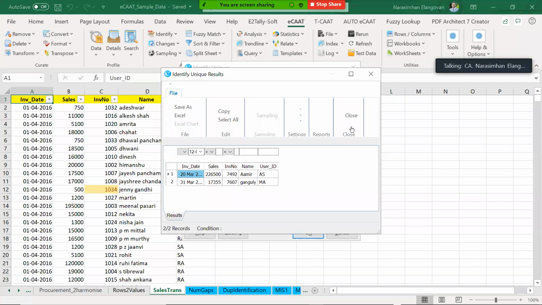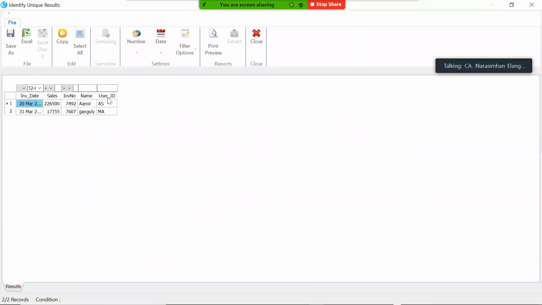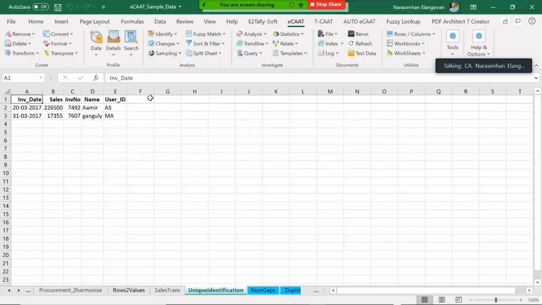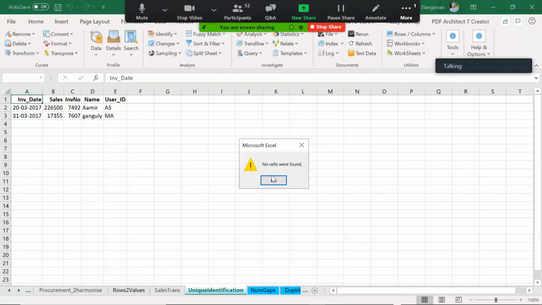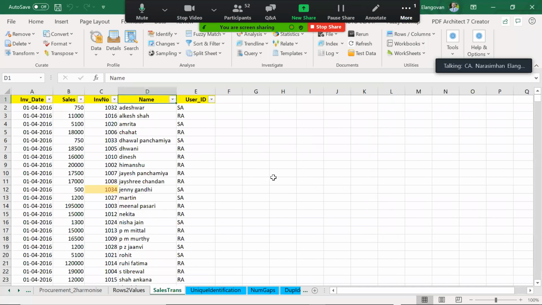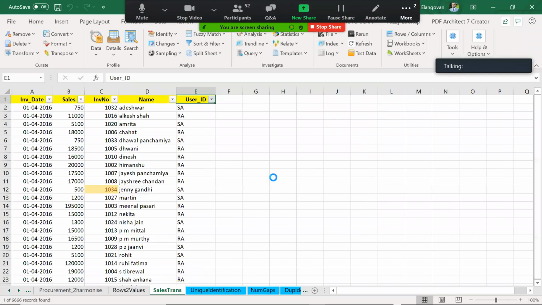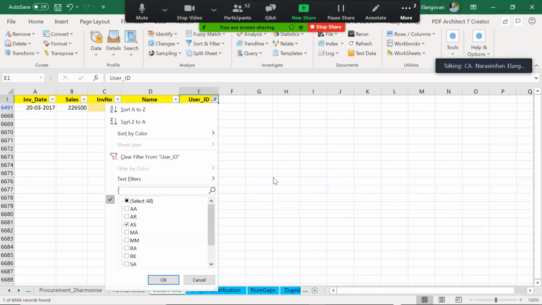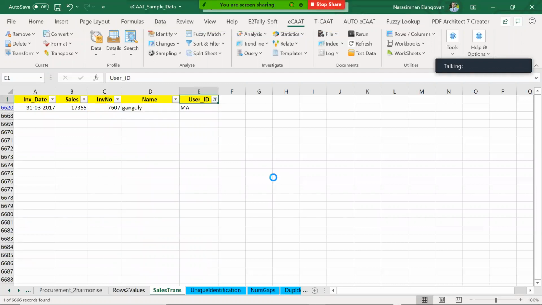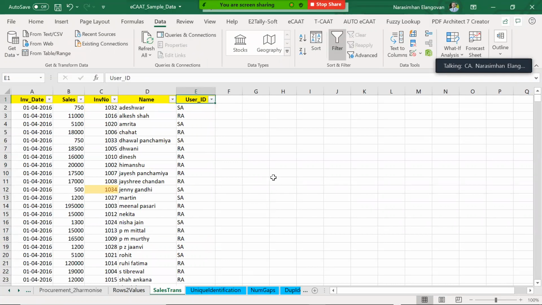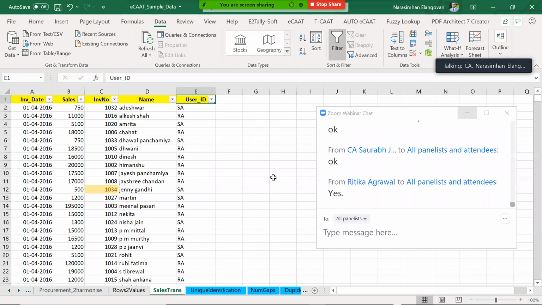What it gives me is, these user IDs AS and MA are typically only once. It is not being used more than once. Are you getting it? They're not being used more than once. So they are unique. So I can just go filter here. I have AS and MA. Correct? So AS, there's only one transaction with AS. Likewise, MA. So this is the opposite of this function. Wonderful.